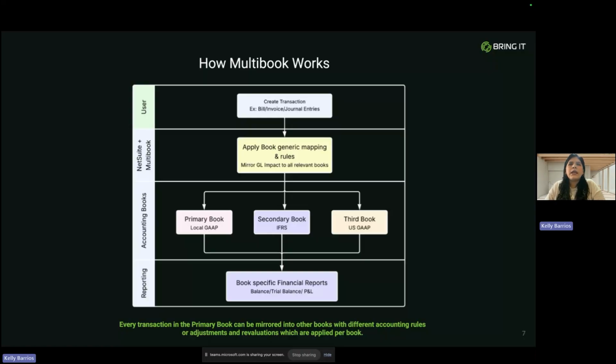You could select, if your subsidiary is in the local currency, to see the primary book in the local currency. If you need to see this legal report or this financial report in the US currency and you have a secondary book in US dollar, you will be able to see it as well. Every single transaction, and this is important, that is posted in the primary book can mirror in different other books with different accounting rules or adjustments according to what is applied on each book. Okay, so